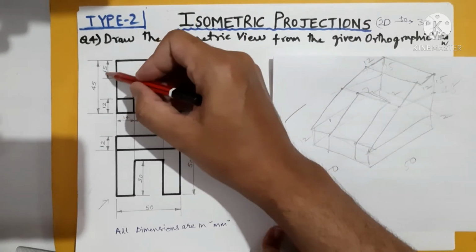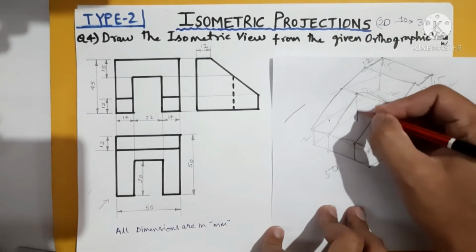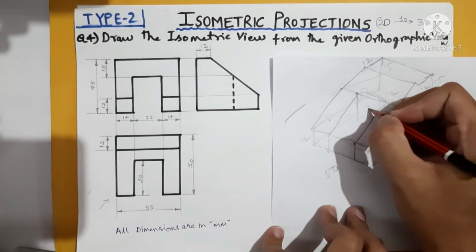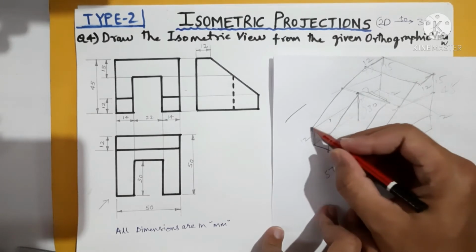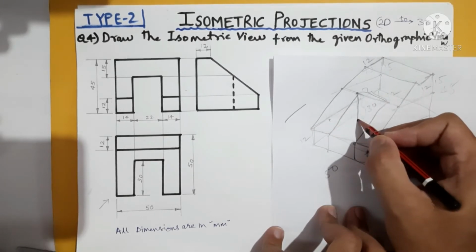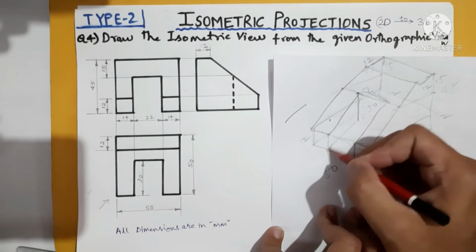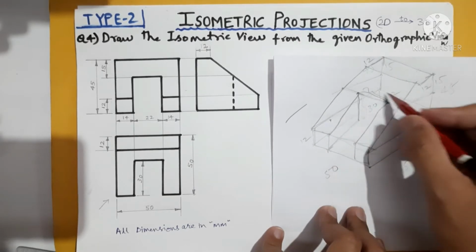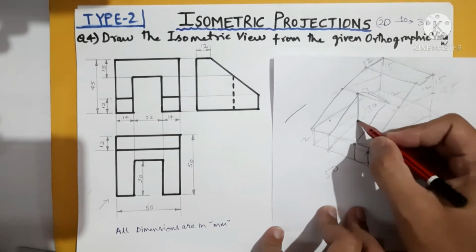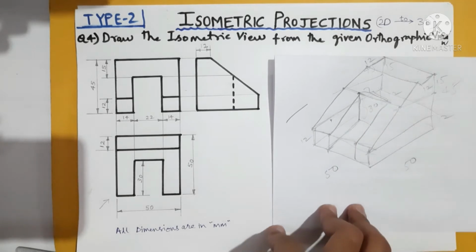Sorry, 45 minus 15 means 30 mm, 30 mm down from here to here, 30 mm down you should go. This length of line should be 30. Then from here, parallel to this line, draw like this. You will be able to join with this. Okay. Then from here, parallel to this line or any other line, you join from this point to this way. So this is the way how we have constructed the diagram.